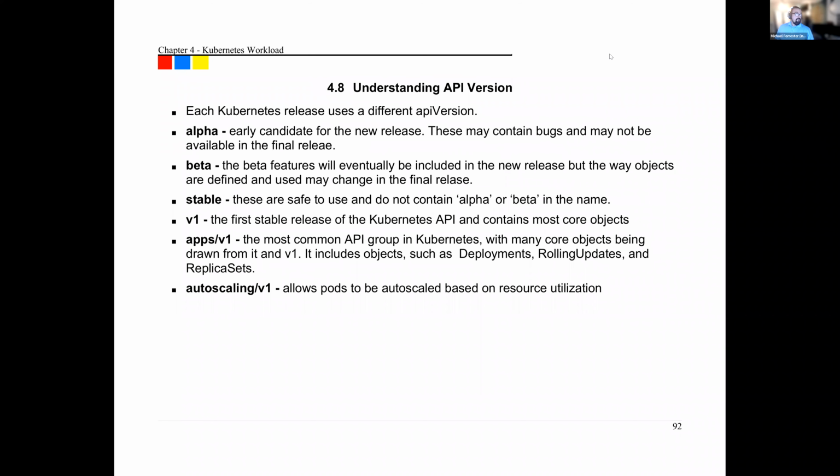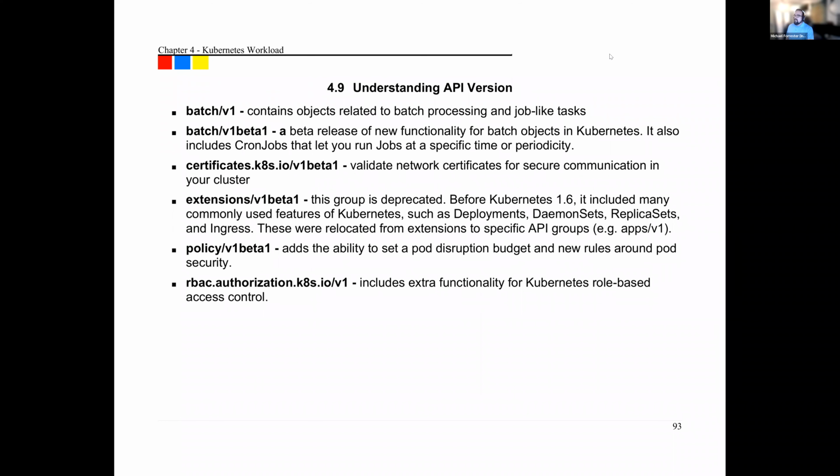Do note, by the way, that the API versions do change on Kubernetes. So every once in a while, it'll say something like, hey, by the way, you're using beta, we're now on regular, or you're using alpha, and we're now on beta. It'll tell you when it sees that. So you just need to know that if it complains about the versioning, you need to go and look at your Kubernetes installation to see what version it's using. I just want to be clear, I've seen it go from alpha to beta to not. I haven't seen it go from version 1 to version 2 yet. If you're on your installation, by the way, and you need to find it,